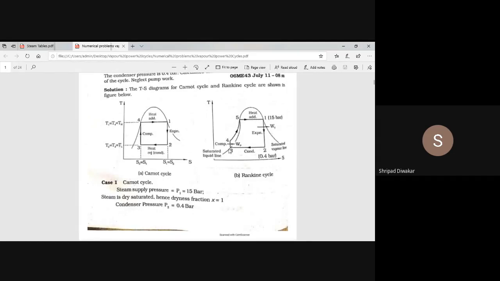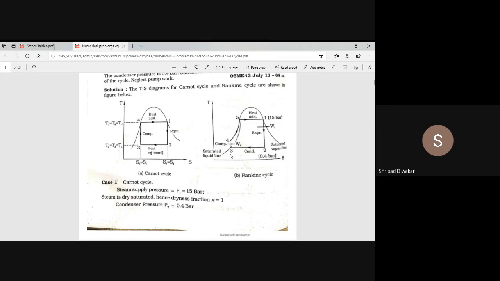You see the curves here. H3 and hf2 are the same, because here it is on the saturated line. Whatever the sensible heat, that is hf2, and hf2 and h3 are the same, but h2 and h3 are not the same. Whatever point 3 lies on the saturated curve, it is similar to your sensible heat. So whatever point 3 you have, take directly hf2.